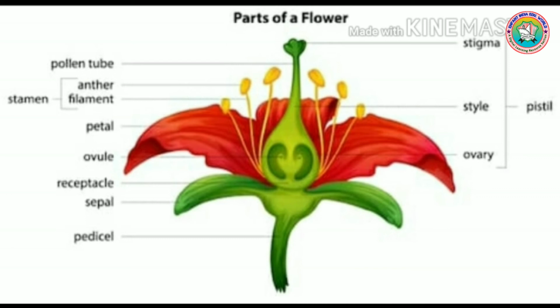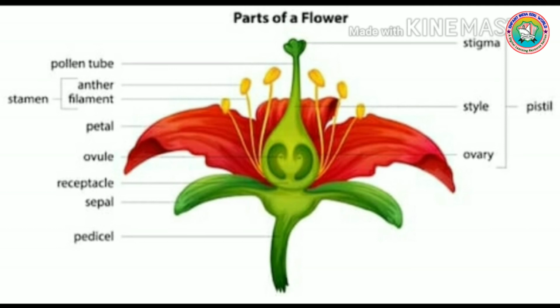When you cut a typical anther, there will be 4 chambers which are known as pollen chambers. Within pollen chambers, pollen grains are formed, which are male reproductive bodies. And the pistil also has 3 parts: stigma on the top, a cup-like structure, and a narrow tube-like structure known as style, and the broad wide portion is known as ovary. In the ovary, ovules are present, which are female reproductive bodies.